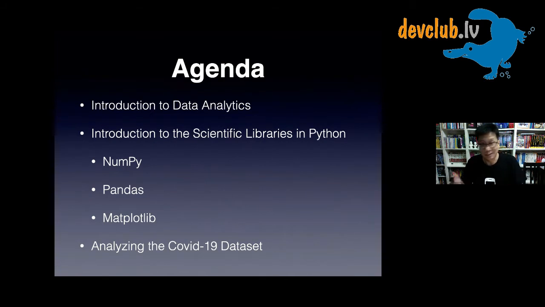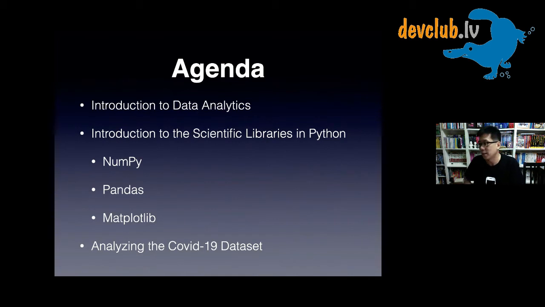So let's get started. For tonight's agenda, first of all, I'm going to give you an introduction to data analytics. What are the components, what are the steps involved with data analytics? Then we'll move on to Python, and I will give you a very short introduction to the various scientific libraries in Python. In particular, we will talk about this library called NumPy, numerical Python. We will talk about this library called Pandas. I will explain to you what the uses of all these libraries are. As well as this very important library called Matplotlib, which allows you to plot 2D, 3D, professional looking charts